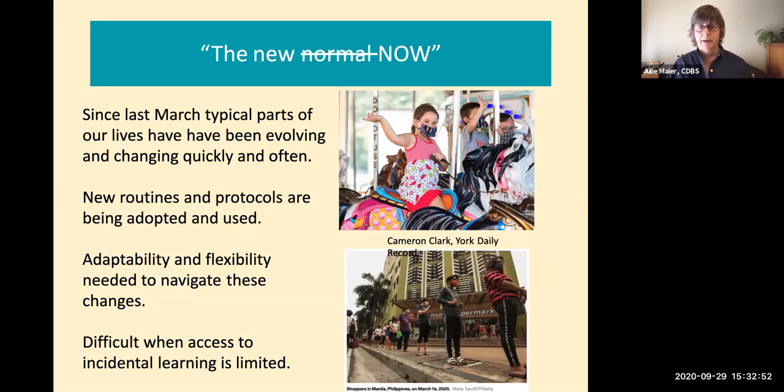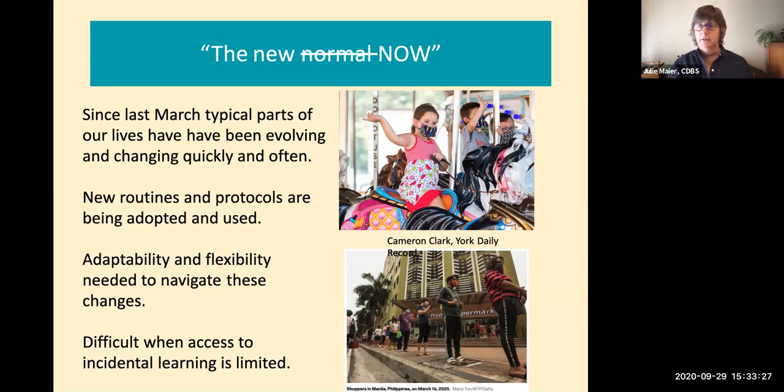And what she was talking about is, it seems like everything that's occurred since last March, whether it's the pandemic and then schools shutting down and businesses shutting down and restaurants and all sports going virtual and away from people, and then all of the racial justice movements that have been happening in the street. It just seems like something is constantly changing. So we've had to become really more adaptable and flexible, figuring out how to do typical things